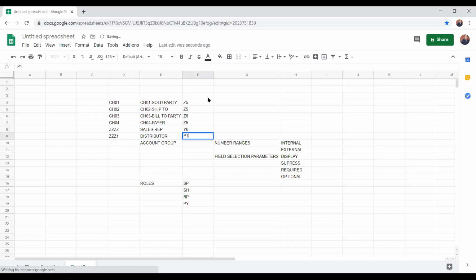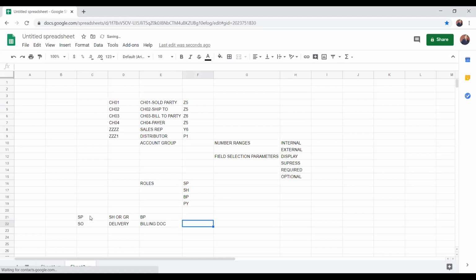So this is basically a 2-digit code I have given as an example. Yesterday what we have seen, right? The number range holding a 2-digit code. Like that you can create account groups. So we know that these four roles are important. Your sold to party is for creation of your sales order. Your ship to party or goods recipient is responsible for your delivery, a mandatory function, and your bill to party is receiving your billing document.